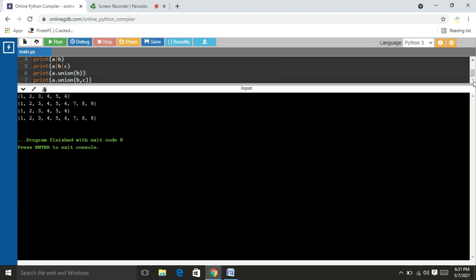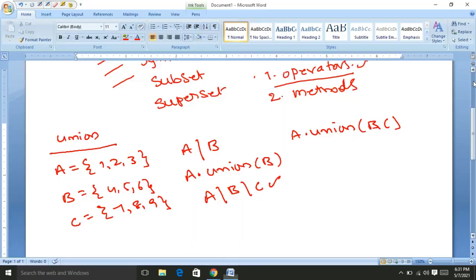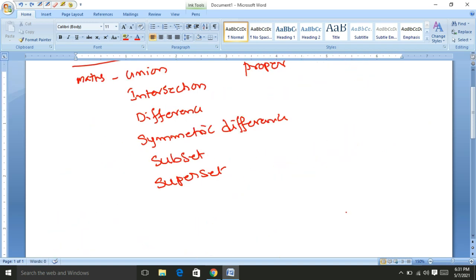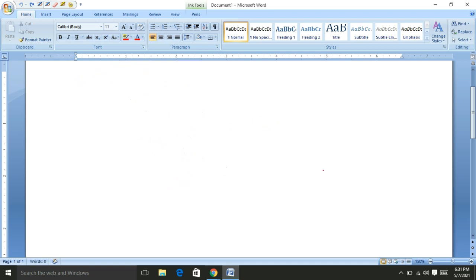Okay friends, I am going to explain the next operation, intersection. For our convenience, I clear this. Intersection. We know that intersection means the common elements are printed.